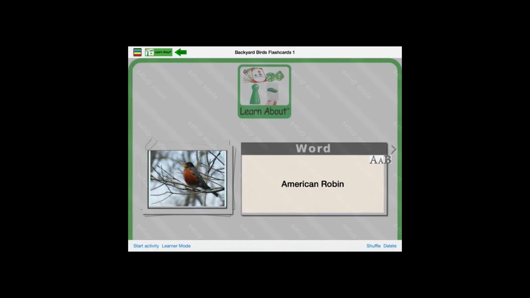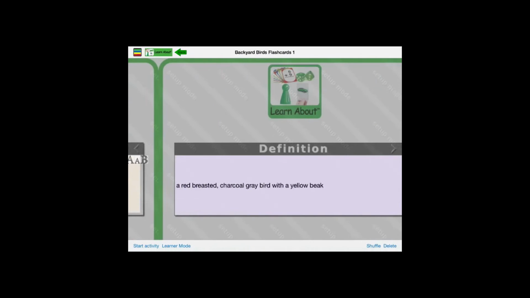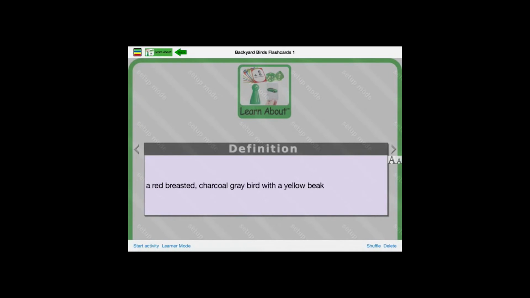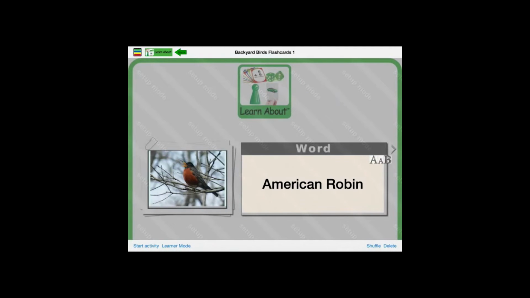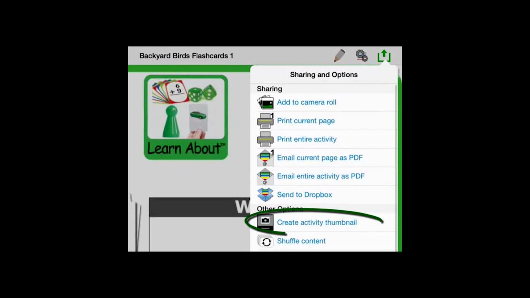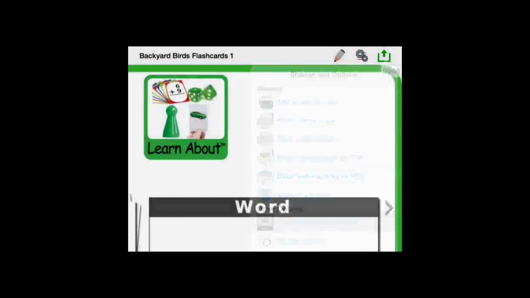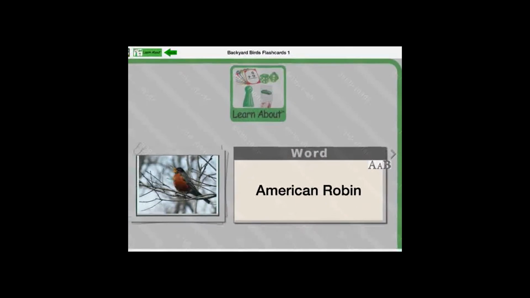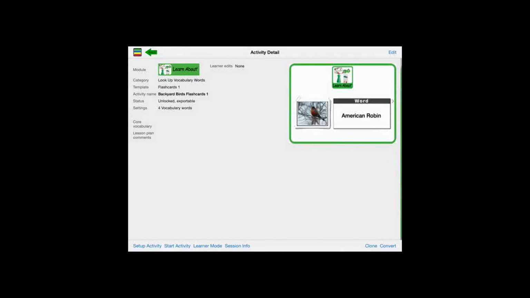From Setup mode, you can adjust the content to the new format in your new activity. Then start the activity and get a thumbnail for your new activity. A thumbnail makes it easier to identify your materials in the iPact activity library. It is that simple.